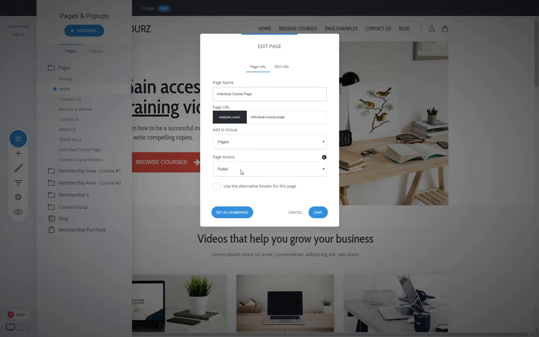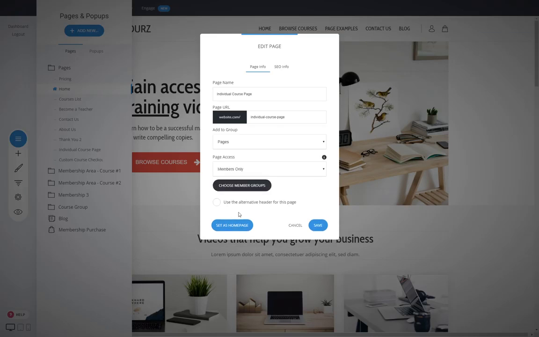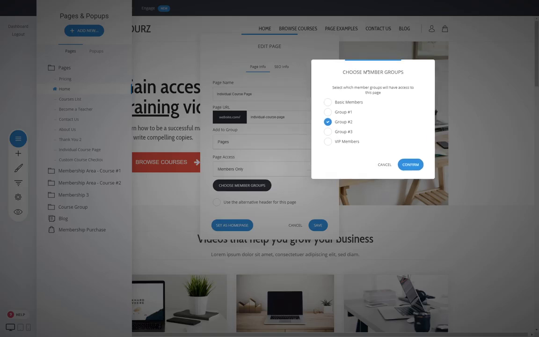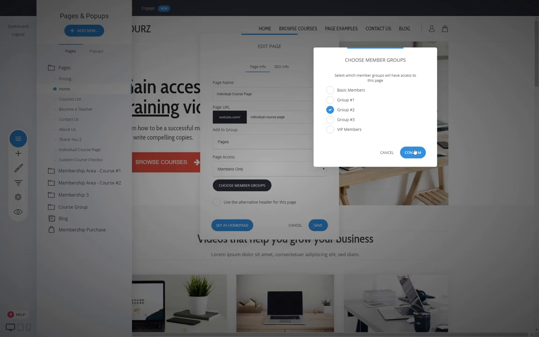So to any page, you just click on the 3 dots and show settings. There you can see that you can select the page access. So this is the very important part. This is where you restrict the access to different members. By clicking on members only, you can select what kind of groups you want to have access to. So in this case, we want to restrict access to group 2,